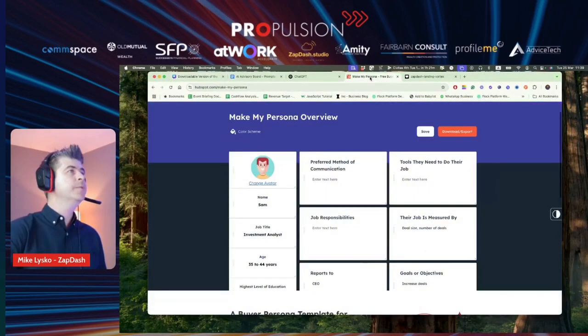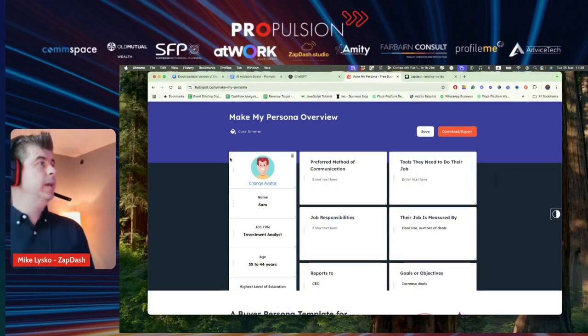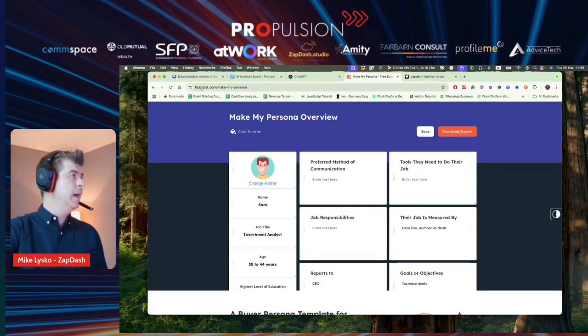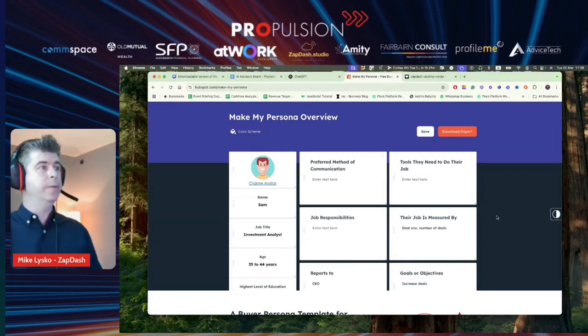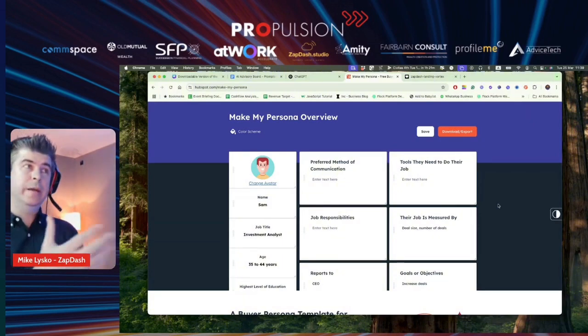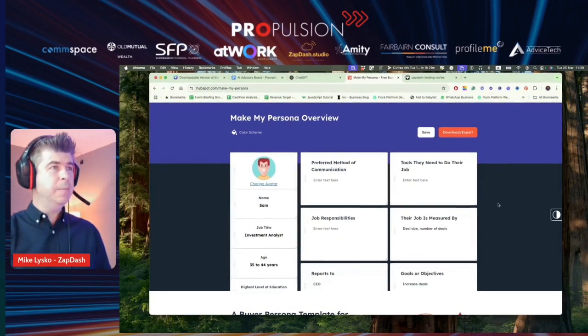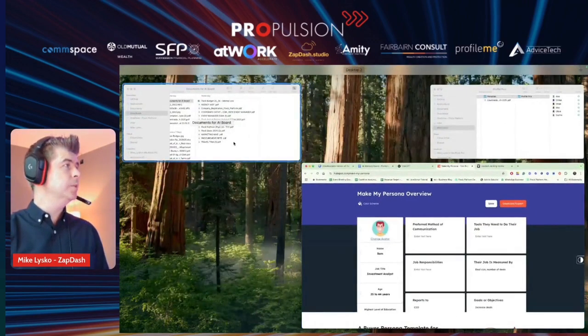In terms of setting up your persona, there's a link that will be shared with you in the comment section. It's to HubSpot. Essentially what I do with this persona is, for my market, I create a persona. You can create a persona for the GPT here, but I use ChatGPT to do that. I start building out different personas.